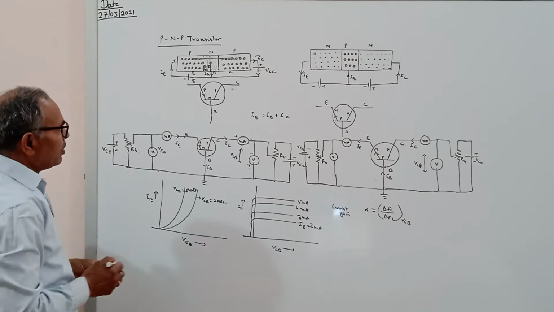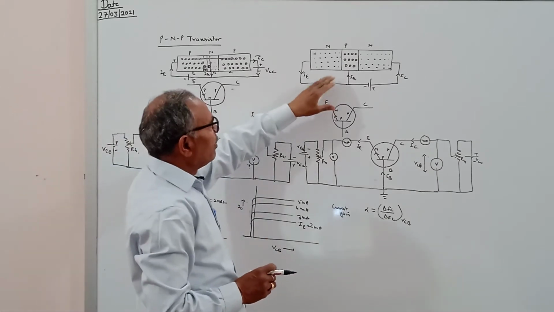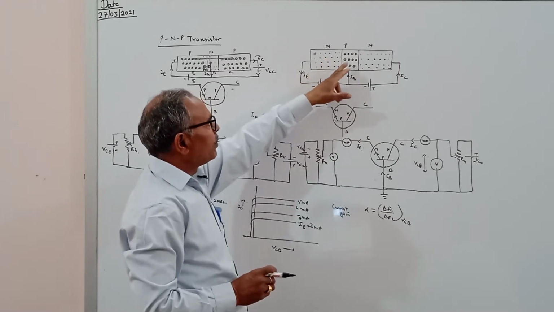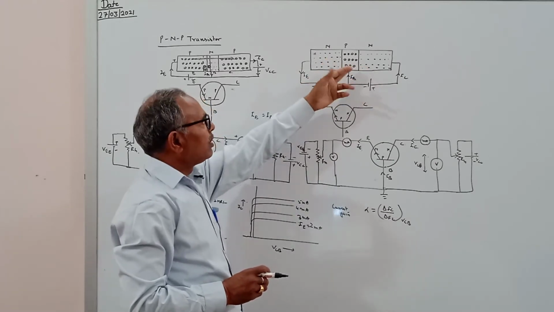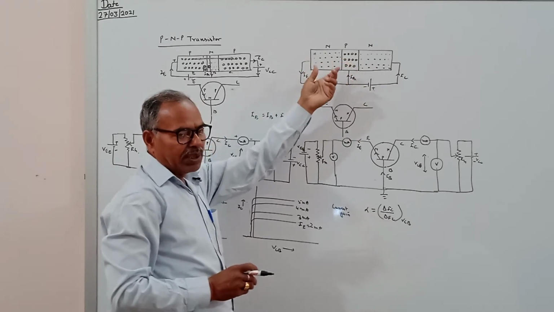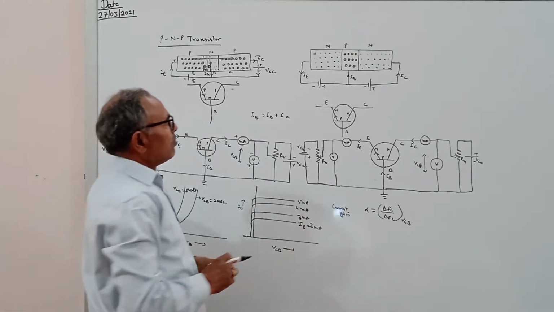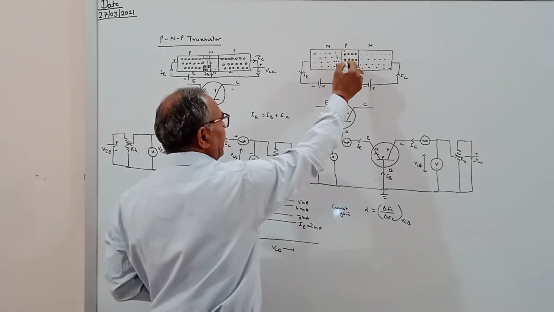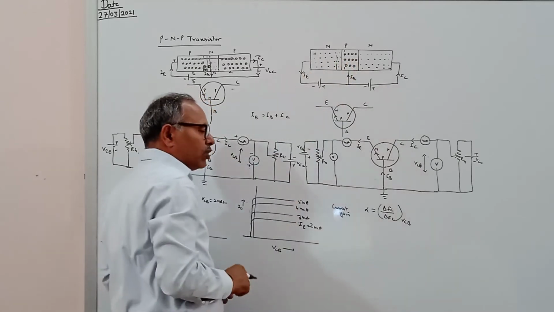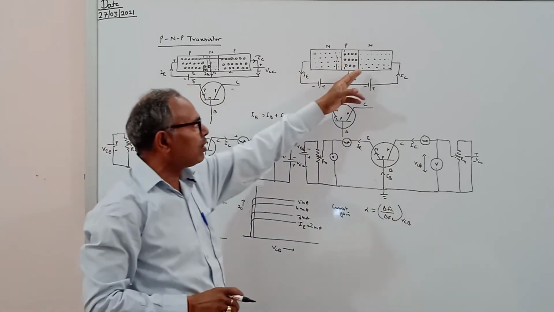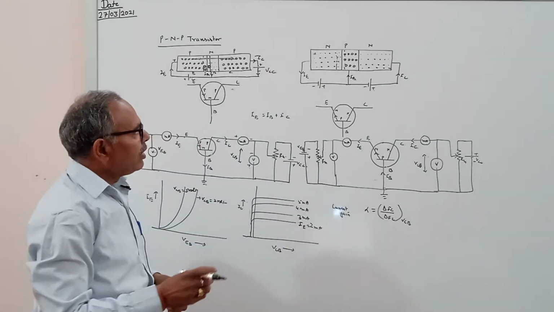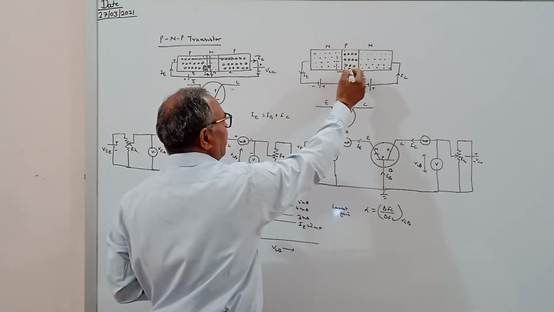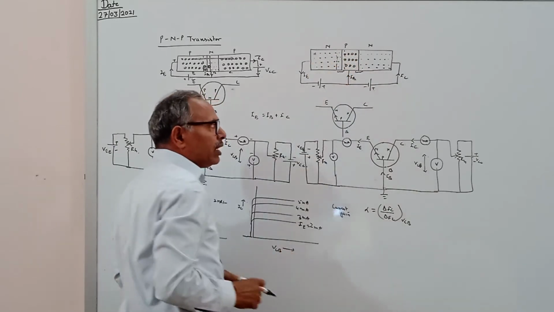In a similar way, we can design the NPN transistor, with N-type, P-type, and N-type layers. The P-type layer is sandwiched between the N-types. When we diffuse these layers, a depletion layer will also be created, because positive charges will diffuse with the negative charges at both junctions. So a depletion layer will be created here, and also here.